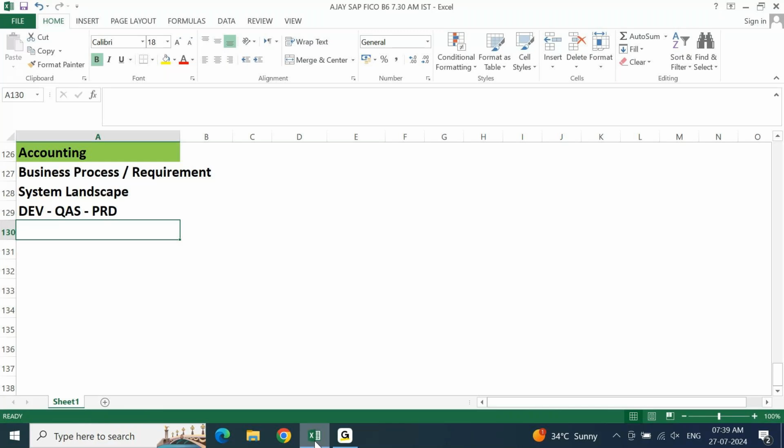It takes time. When I say it takes time, that is why it is difficult. That is why it has good demand in the market. That is why people are paying high for an SAP FICO or SAP consultant. If it were something anybody could do, the way a user is getting paid, in a similar way a consultant would also get it. But it is completely opposite.